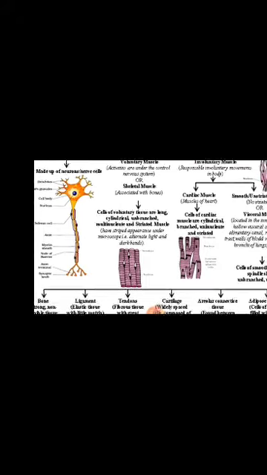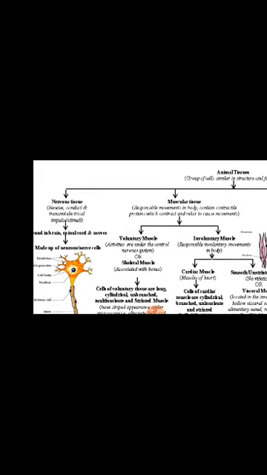Okay, so we come to the last part of the animal tissues, that is the nervous tissues. Now what are the functions of the nervous tissues? They receive, conduct and transmit electrical impulses or stimuli. So when we talk about the transmission of the message, the message which transmits from the brain to different parts of the organs and from the different parts of the organs to the brain, that is done with the help of the nervous tissues.